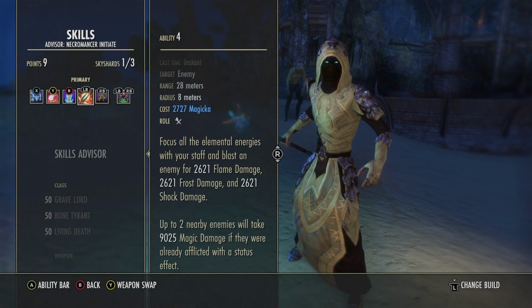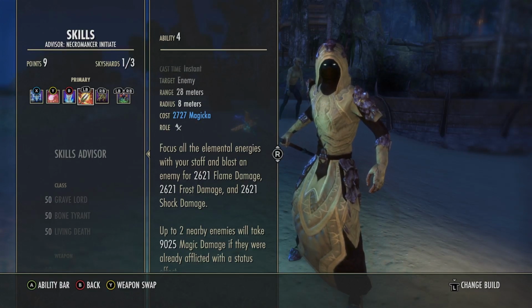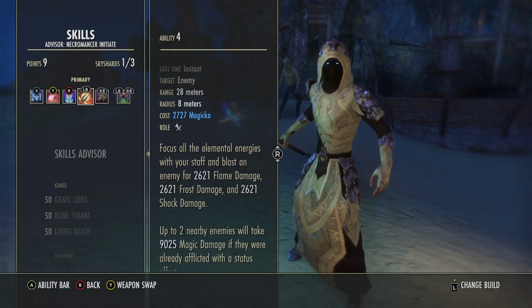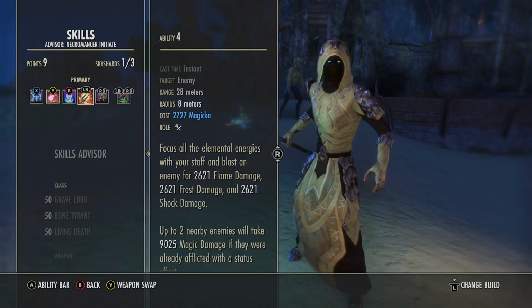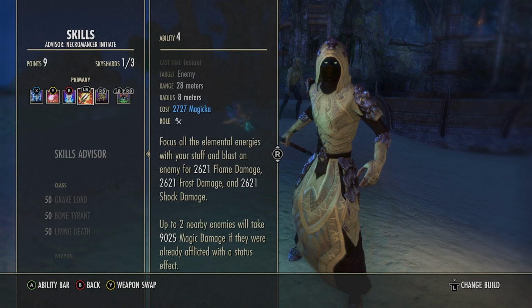This does a lot more than I thought as well. So, Crushing Shock's always a great option because of that interrupt that it provides. But this does the same thing, just slightly more cost, a little bit more damage, but the cleave damage is where it's at. 9k magic damage if they were already afflicted with a